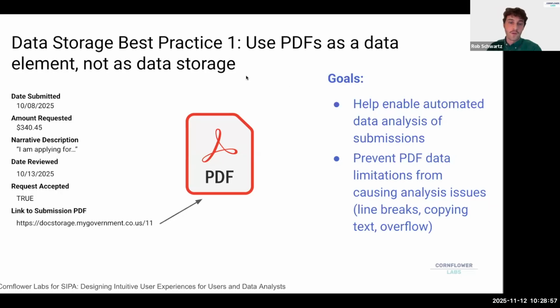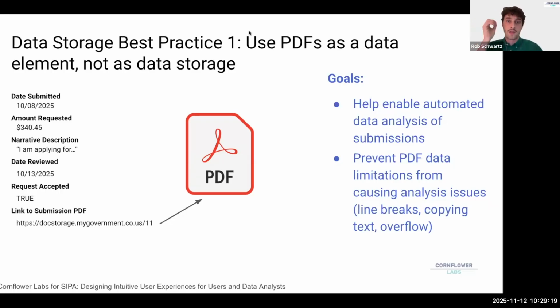And the reasons for this are multiple, but mainly the biggest one is you can't really do an automated analysis of a bunch of these PDFs quickly. And that's because there's sometimes OCR problems. There's PDF data limitations in terms of line breaks, copying text out, text overflowing between pages. And it's not consistent, right? When you want to give somebody an analysis to make, if they're going to have to go through 200 PDFs